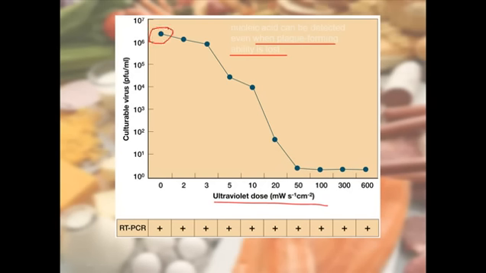So if we go through the ultraviolet doses, different amounts of ultraviolet doses, after some time we can find that the level of the viral particles is actually falling down. If we take a log value and draw this, you can find ultimately almost a straight line, showing a rapid fall in the content of viral particles. That tells us the ultraviolet radiation is really effective against this kind of infection.